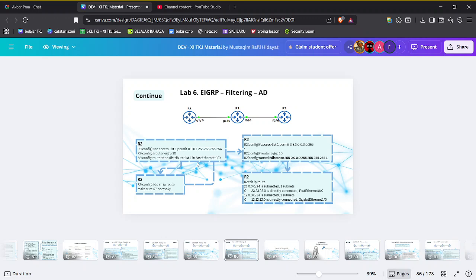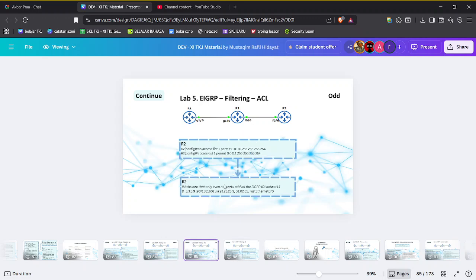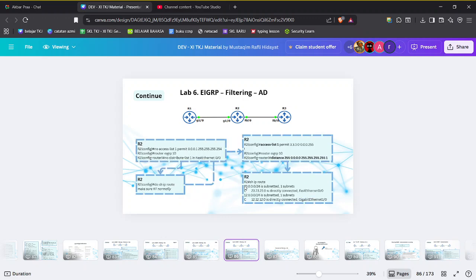So this configuration will change the routing table from the normal one like this into this. The main point, it will change.